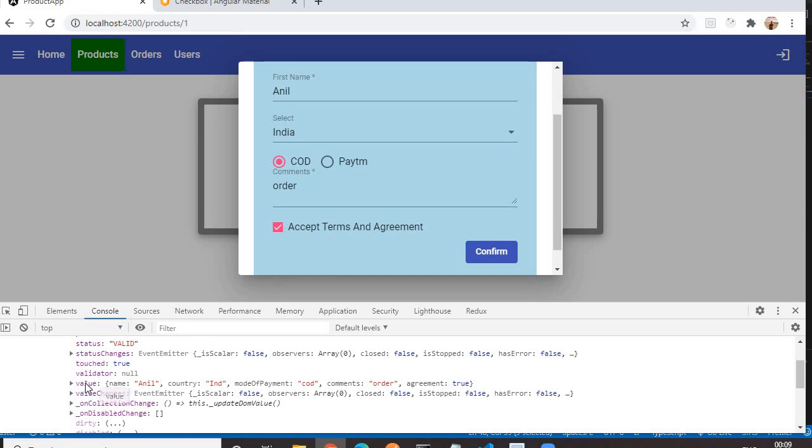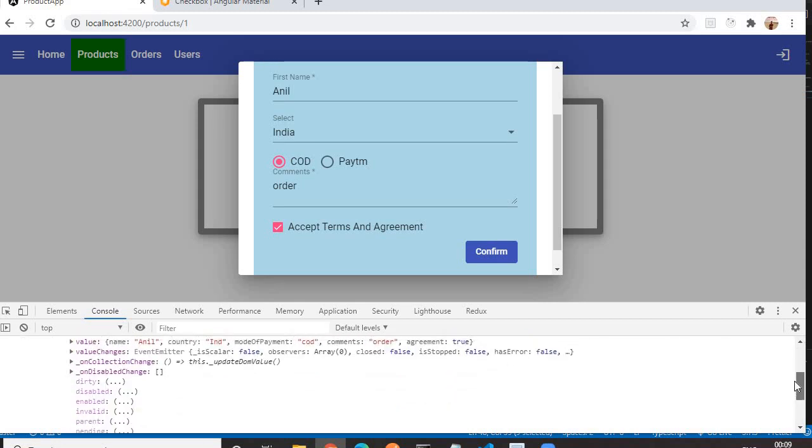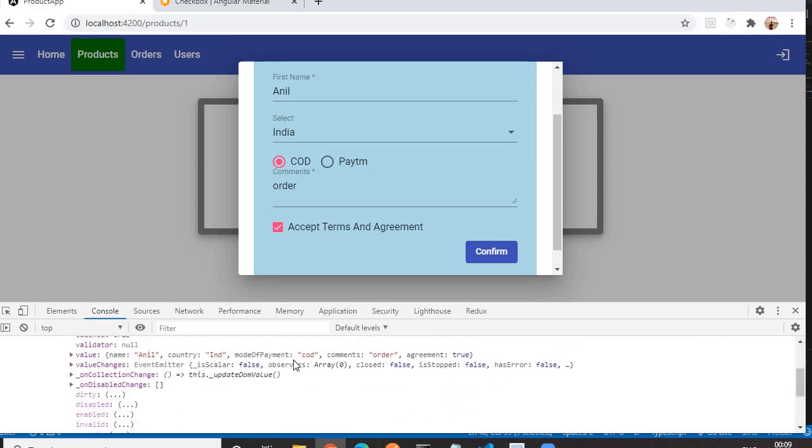Whatever value we are getting, we will pass this value to our API, and the API will do the insertion in the database. So there are two important things here: controls, which is an object of form control names, and value, where we get the values that we have entered. We will extract this value and send it to the API side.